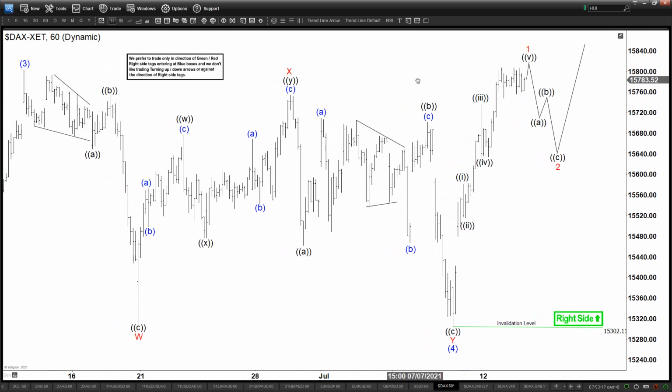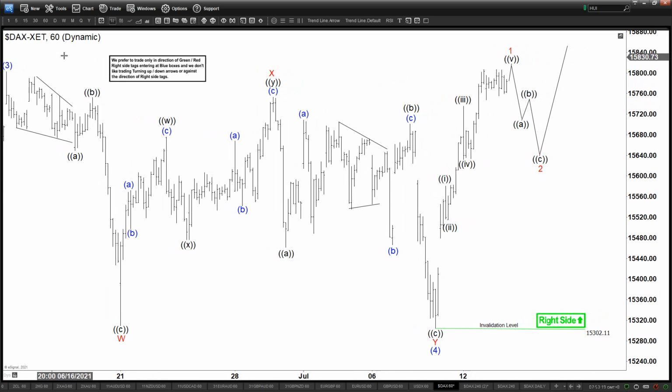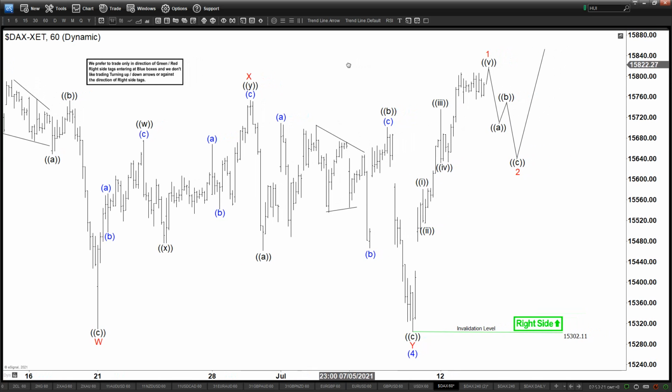And here we are looking at the chart of the DAX today, 60 minutes chart. We can see we ended this pullback in the form of a double zigzag here, W, X, Y. Right, ABC, ABC, and ended the 4 at 15302. Since then we have already started the next leg higher with 5, and we can see 1 2 3 4